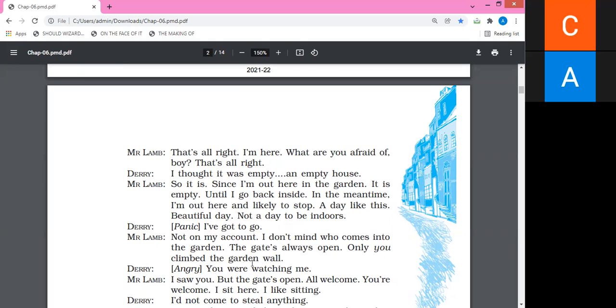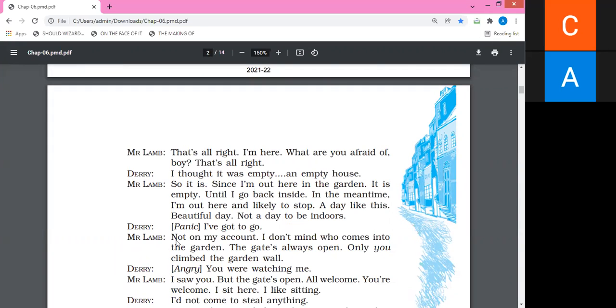trespassing. I think it is very clear, because he had entered there to think, as it was a deserted garden. Nobody would be there in that garden because he wanted to be away from people. Why? Because of his handicap. What was his handicap? His, meaning Derek's, handicap. He had lost one part of his face.